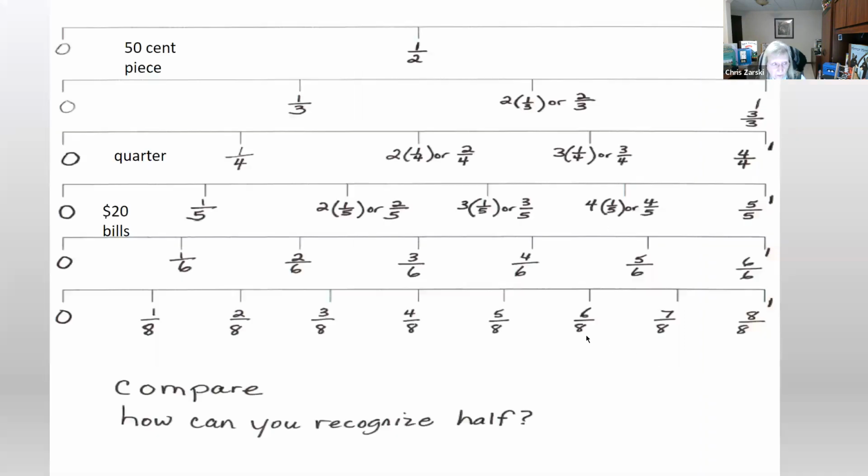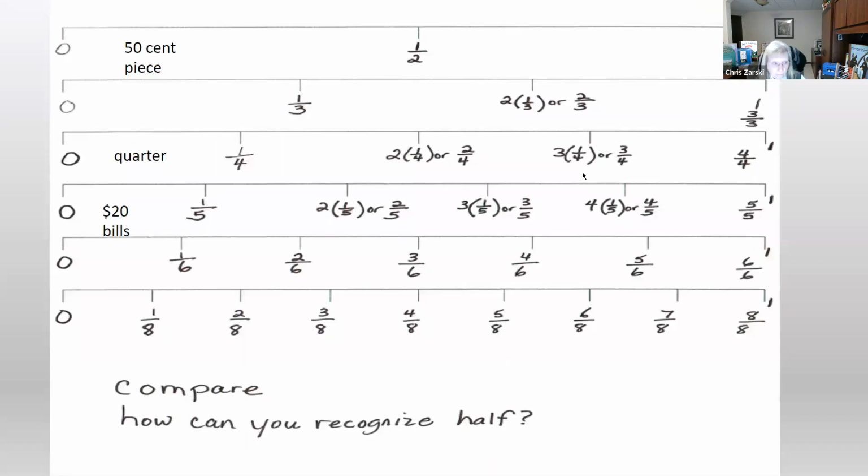So after you've done a bunch of money, and there's no rush to get away from that, you can move to something a little bit more abstract to see if they can even transfer their understanding, just to a line that all of them start at 0, all of them go to 1, just like they did for $1. So again, some students might write that as 2 1/4 hops, or just 2/4, 3 1/4 hops, or 3/4. Let them choose how they wish to do that.